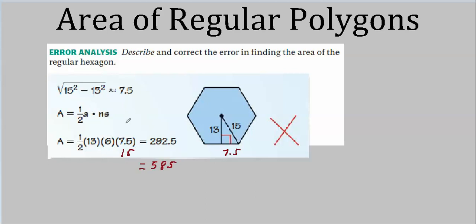So to get the right answer, it should have been 1/2 times 13 times 6 times 15. If you wanted to know what the actual answer was, you could do all this, or if you're willing to believe that aside from this one small mistake, you did everything else right, in other words, the arithmetic here is all correct, well, 15 is just 2 times 7.5. So if you took the erroneous answer and multiplied it by 2, you would get the correct answer. So you could redo all this, or just take what he already did and multiply by 2. If you're pressed for time on a test, it would help you to spot this. Just multiply this one by 2 and boom, you're done.